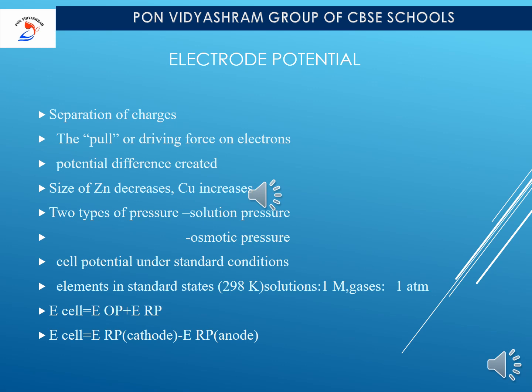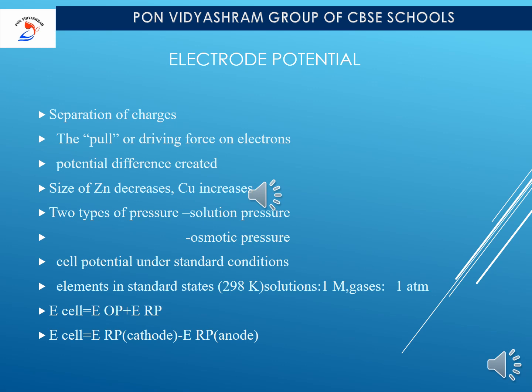And I have explained the charge imbalance in the cell. So now what is happening? After releasing that electron, zinc will be converted into Zn2+. So it will start dissolving in the electrolyte. Whereas in the electrolyte, Cu2+ will be gaining those electrons and converted into neutral Cu, so that it will start to occur around the copper electrode.